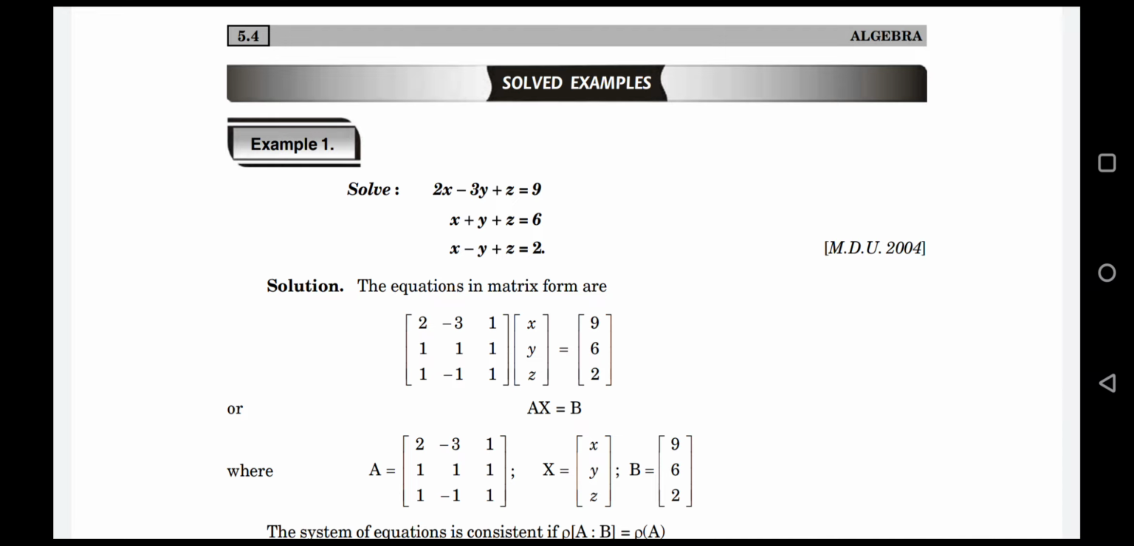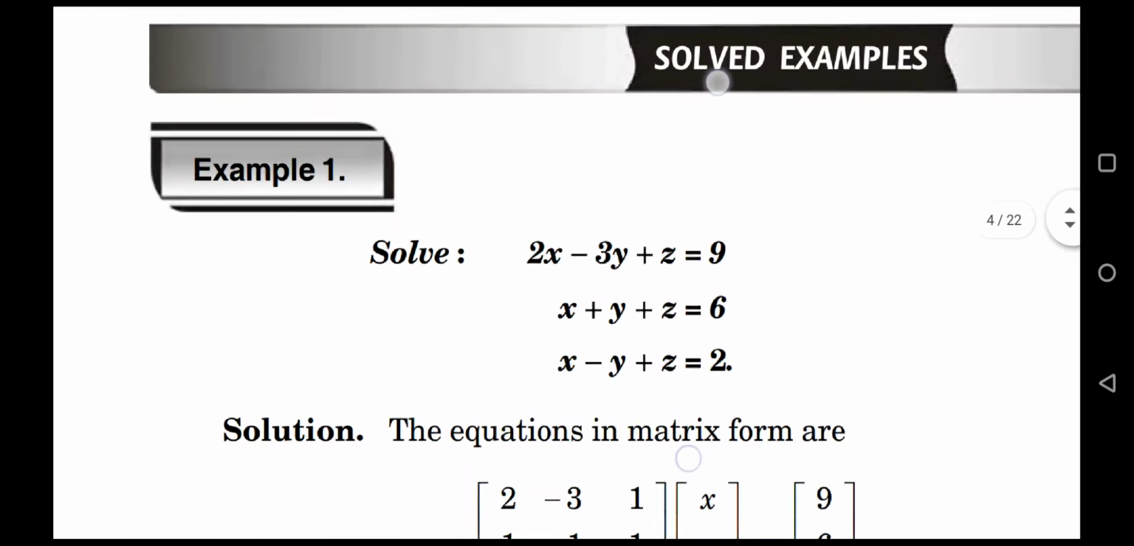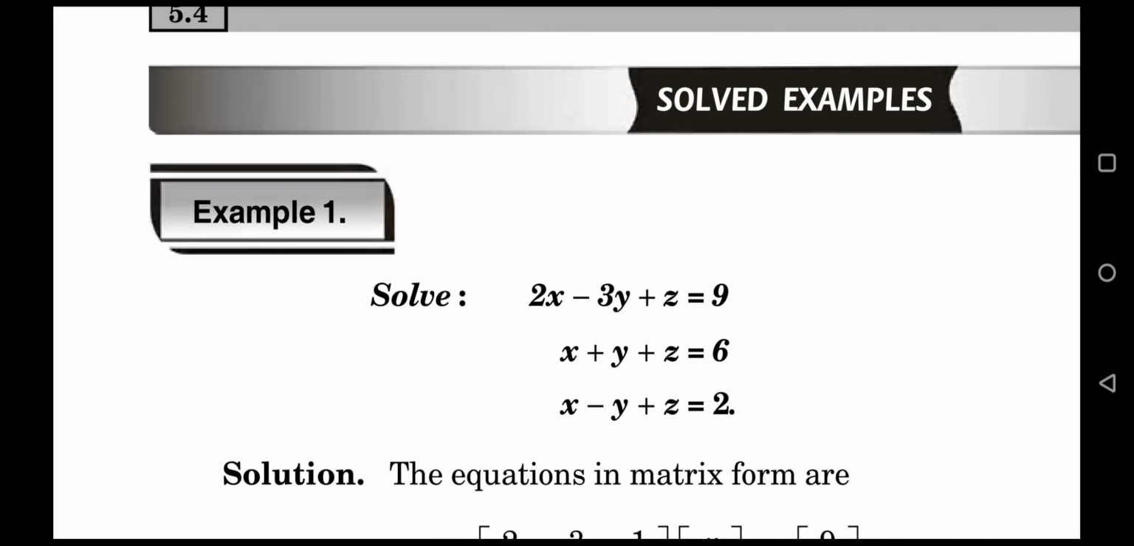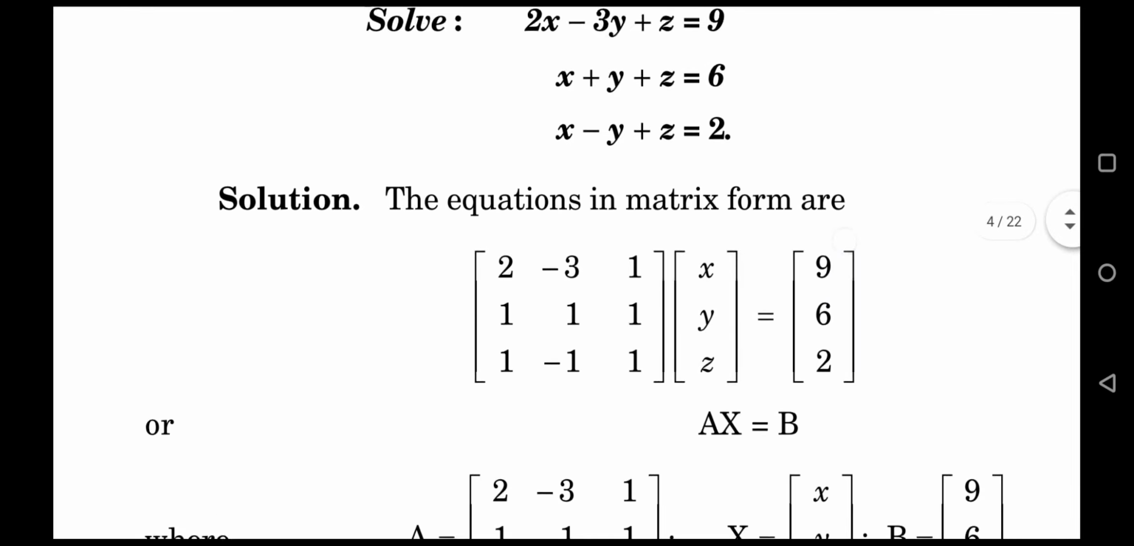Given a system of linear equations: 2x minus 3y plus z is equal to 9, equation number 1. x plus y plus z is equal to 6, equation number 2. x minus y plus z is equal to 2, equation number 3. This system of equations